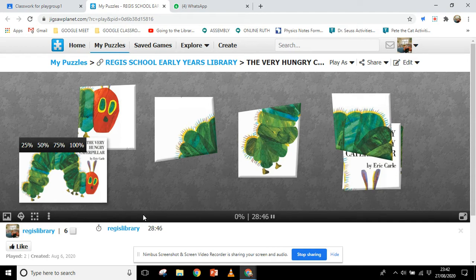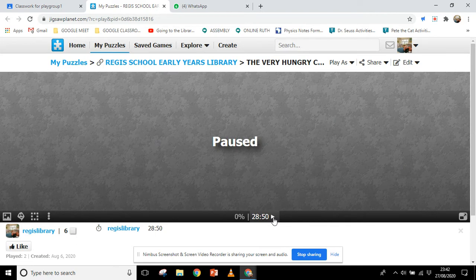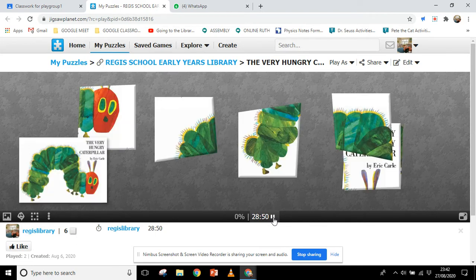Playing the puzzle again has a timer, it has a time. So as you play the puzzle, the time is running just to help you know how fast you are able